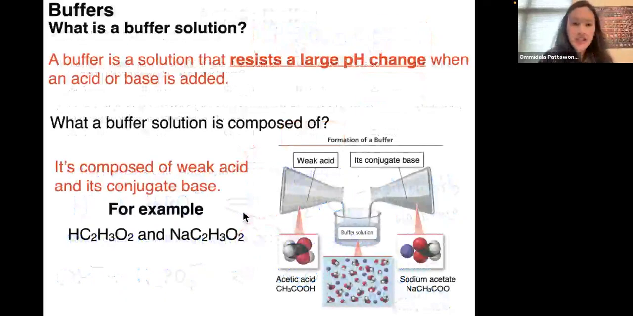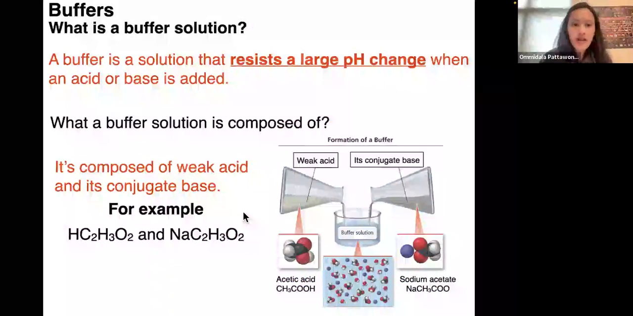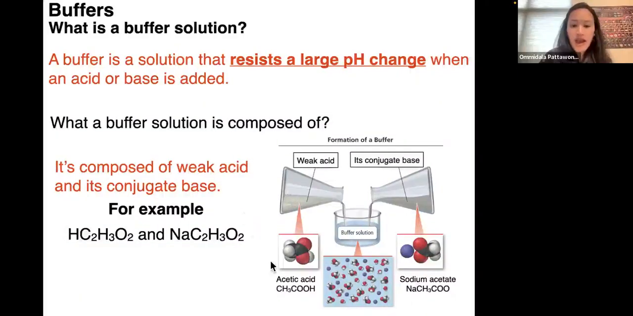Here's a summary of what I just went over. The buffer solution contains a weak acid and its conjugate base. When you add these two together, you form a buffer solution. Because a buffer solution contains both a weak acid and its conjugate base, it can resist a large pH change when acid and base are added. The reason the buffer can resist a pH change is that it can undergo a neutralization reaction with the added